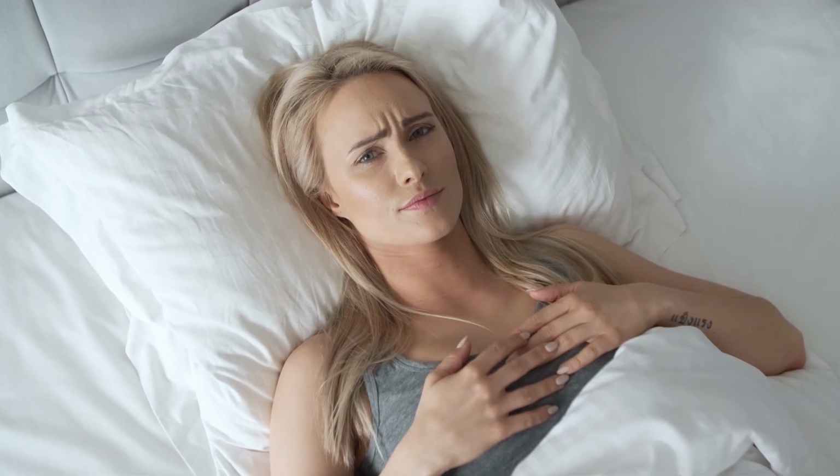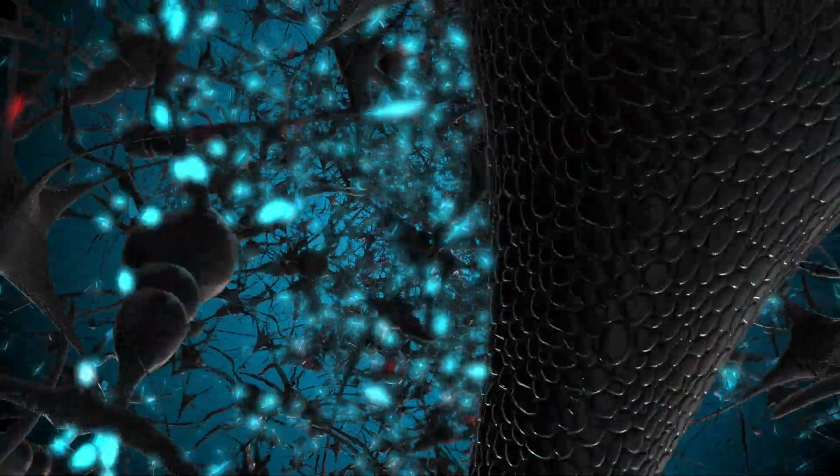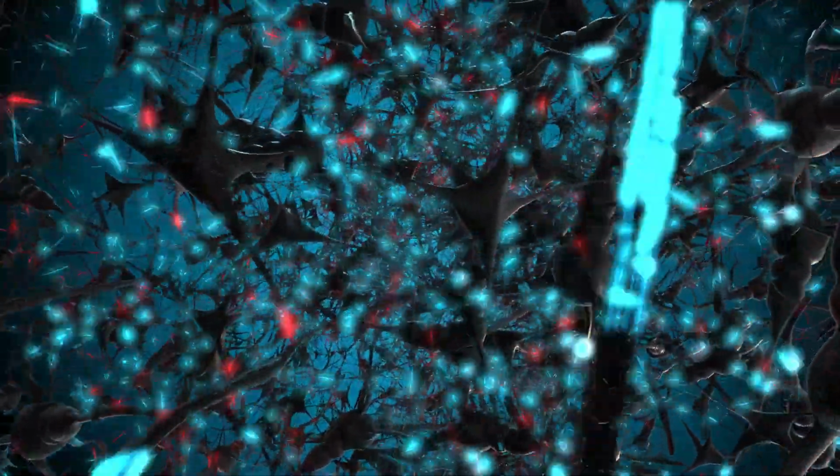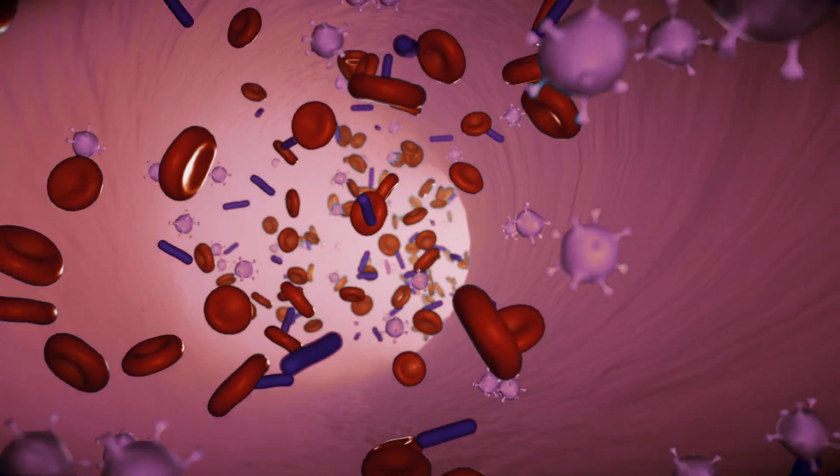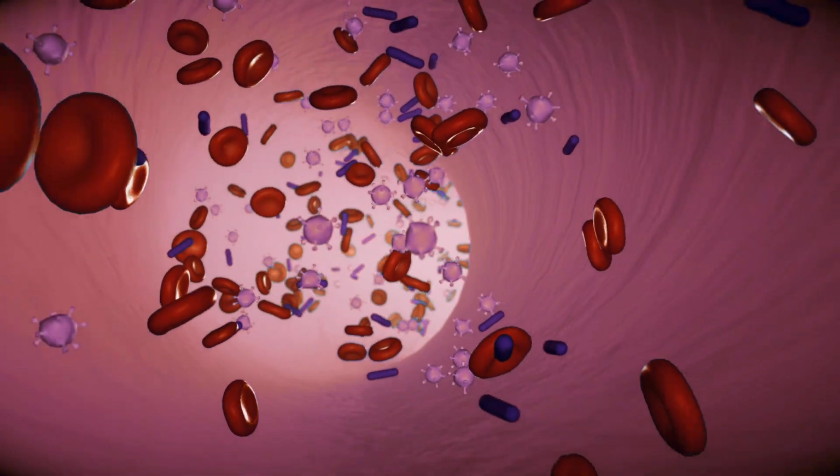Migraines are some of the most complex headaches, involving a combination of changes in the nervous system, blood vessels, and inflammation. The migraine process starts in the brain with unusual electrical activity called cortical spreading depression. This wave of electrical activity spreads across the surface of the brain and briefly disrupts normal brain function. As a result, the brain releases neuropeptides, chemicals that cause blood vessels to widen and trigger inflammation in the meninges, the protective layers surrounding the brain.